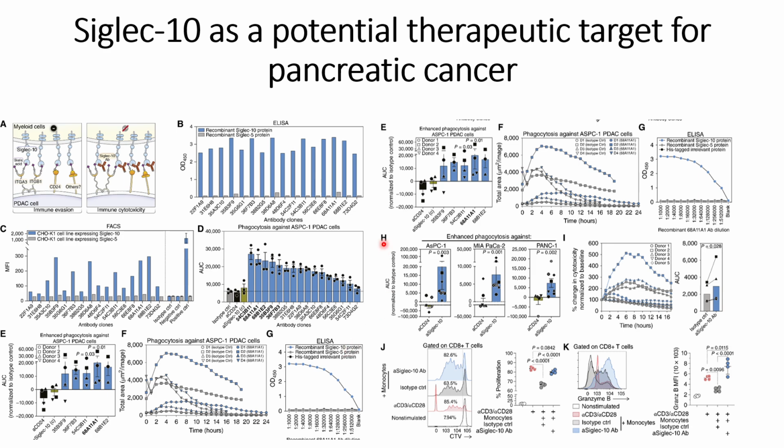And once further identifying their specificities using ELISA, now they use similar studies. However, they included the cancer-associated fibroblast also. So in that case also they are able to see increased phagocytosis for the 68A11A1. So here also they used all the top 5 antibodies that they have selected, and in this case also they are able to see that 68A11 shows